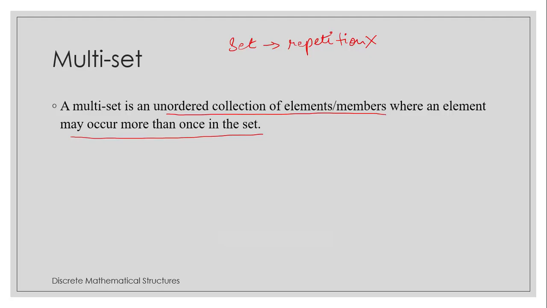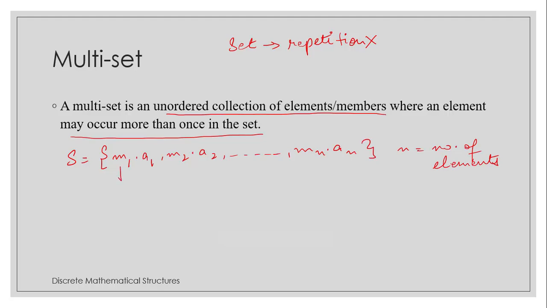So to represent a multiset, we use the notation set S is equal to m1 dot a1, m2 dot a2, and so on till mn dot an, where n is the total number of elements in the set.